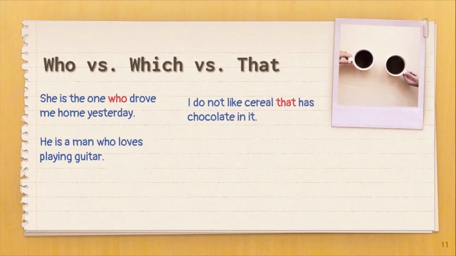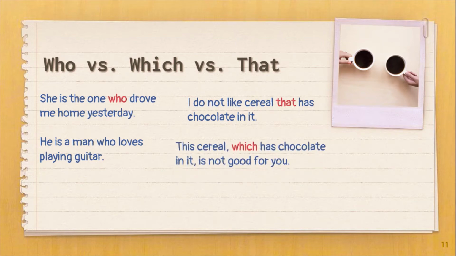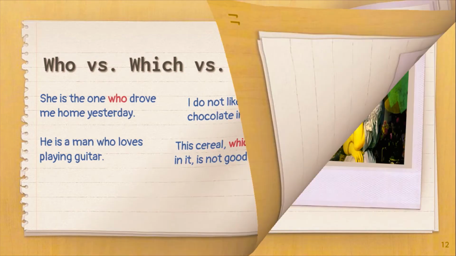I don't like cereal that has chocolate in it. That is being used in this sentence, and we don't know what type of cereal without the essential clause. This cereal, which has chocolate in it, is not good for you. So we do not need the information in the non-essential clause. So that's why which is being used in this sentence. Next,